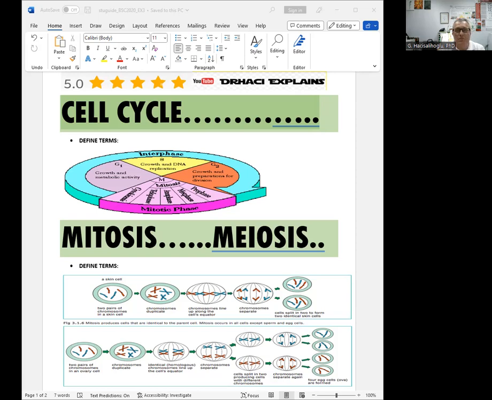But it also uses another process called binary fission, which is used by organisms like bacteria for their cell division. Okay, so it's very, very important for reproduction of the cells, creating duplicate offspring from the cells, and in organisms, it provides for growth, development, and repair in multicellular organisms. So most cell division results in genetically identical daughter cells, which we use mitosis for. That's why cell cycle and mitosis are together in this case, and meiosis is a separate chapter.